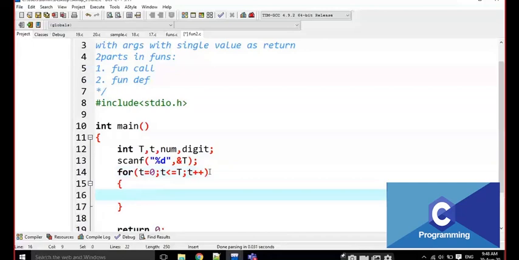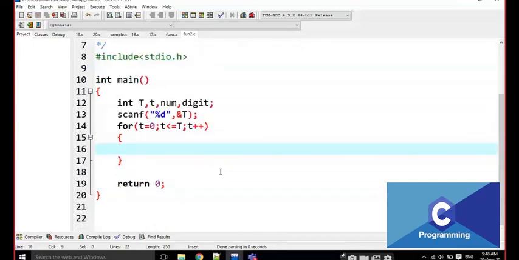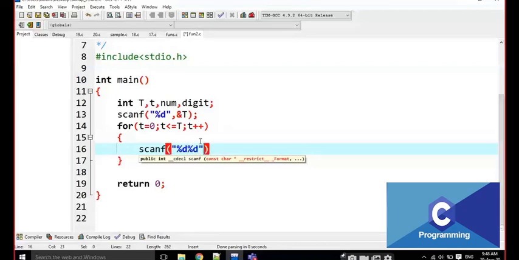This is the test cases loop. I am going to read a number and a digit here, %d and %d, ampersand number comma ampersand digit.